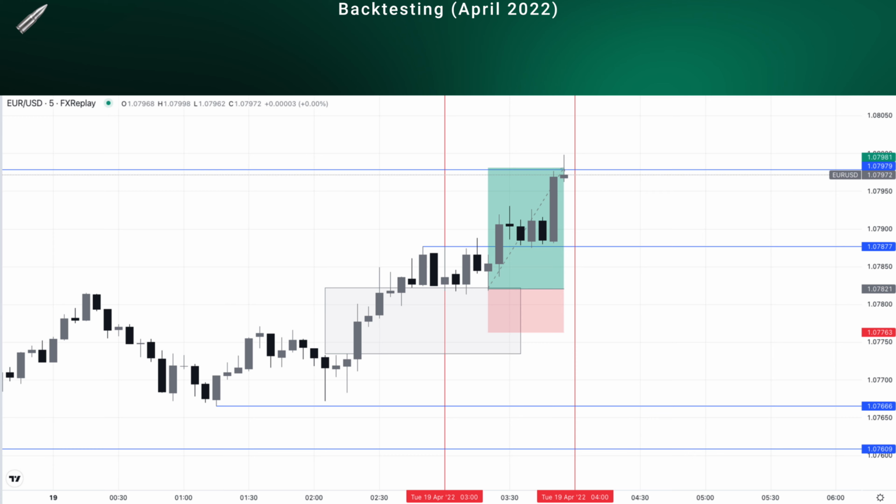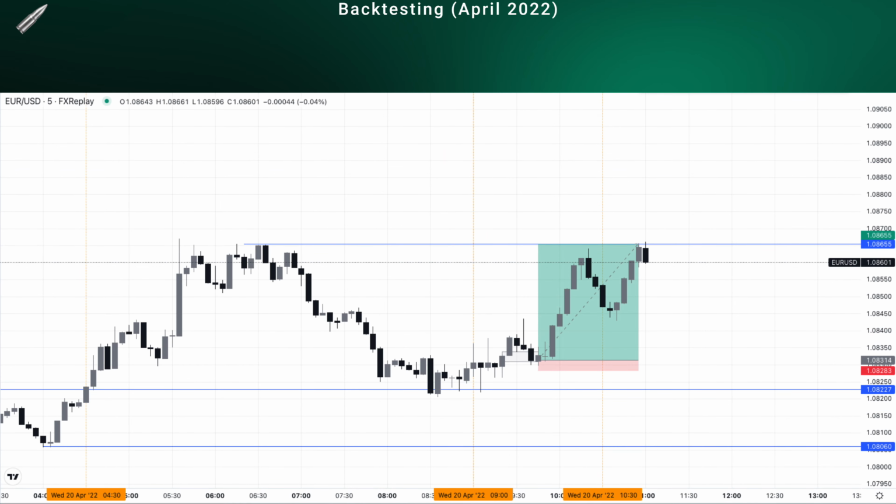Here we can see on the 5 minutes time frame that around 3:20 in the morning, the price tapped back again into the fair value gap, which we can see as that gray area. The price tapped back into it and then started going higher, and then tapped back into it again, and it's where I actually entered the trade, and then started going higher, and it reached quite quickly the next draw on